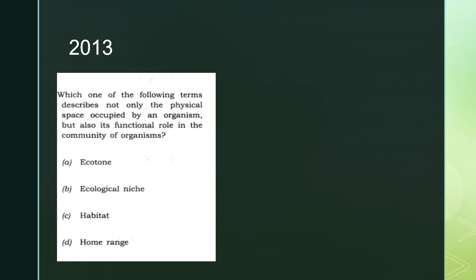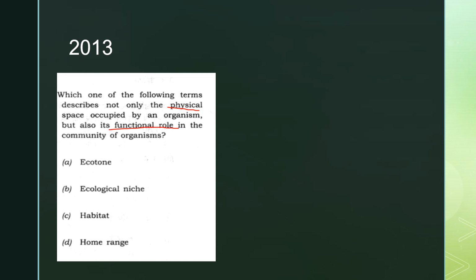Organisms feed upon each other. Very true. Food chains are found within the populations of a species. Well, this could be true because generally this statement is true, but UPSC has given the answer as A because it has considered that it is not limited only to a population of one species, but many other species also. So these types of confusing questions will always remain. So option A is right as per the official answer. Which one of the following terms describes not only the physical space occupied by an organism but also its functional role?